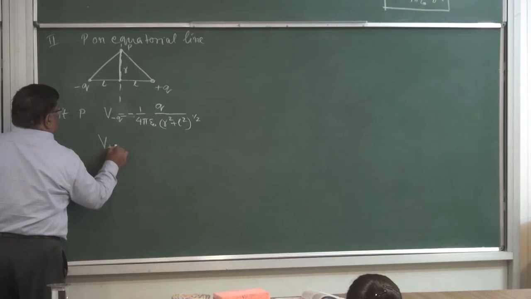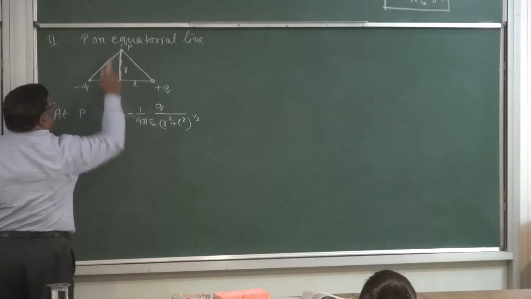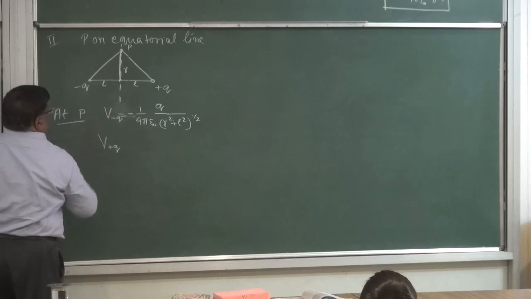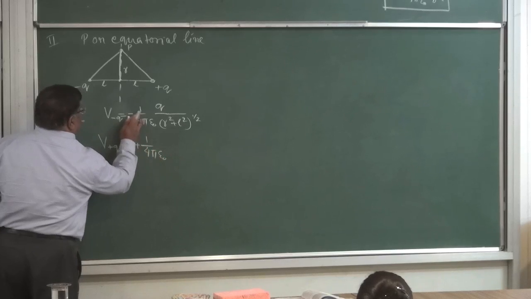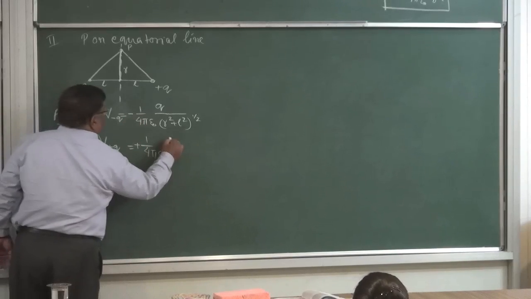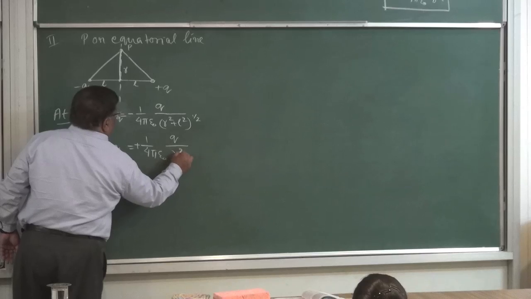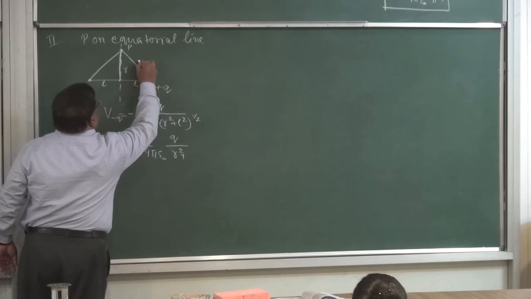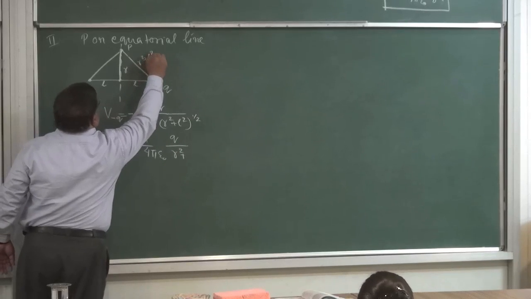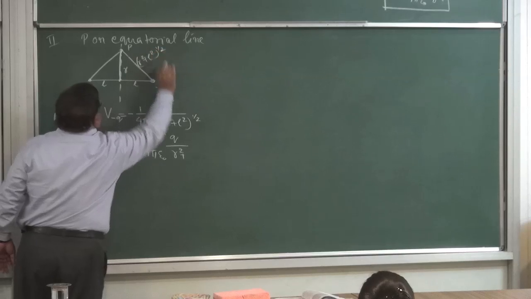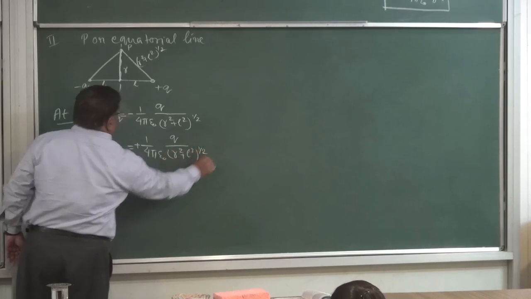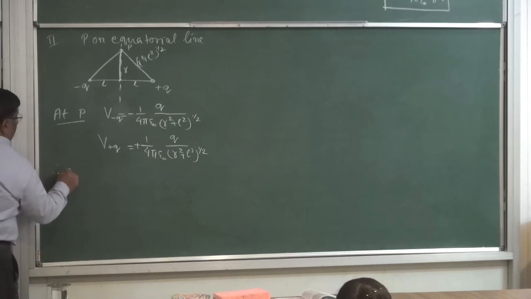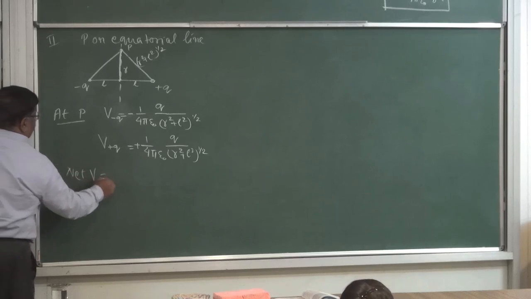Potential due to plus Q at the point P is equal to 1 upon 4 pi epsilon naught, and this will be plus Q upon r square plus L square to the power half. Therefore, net V